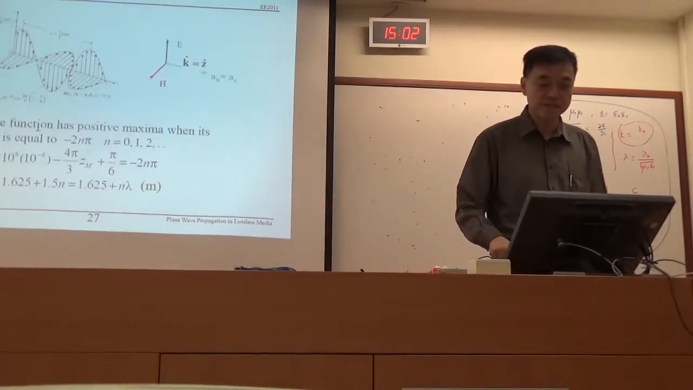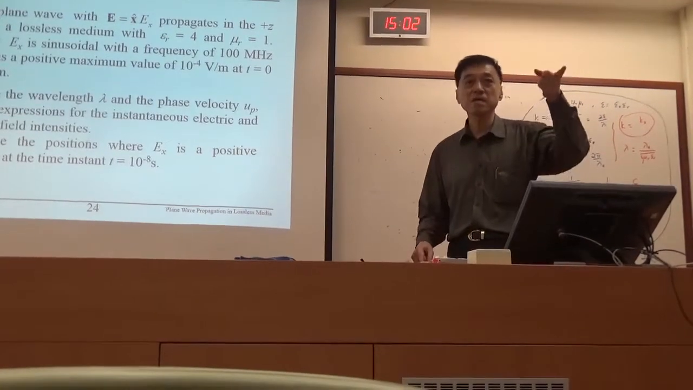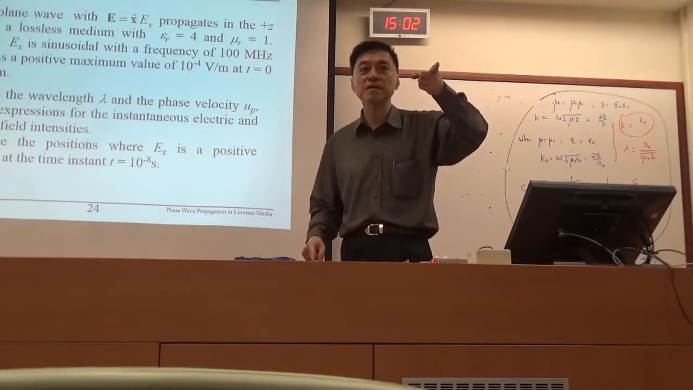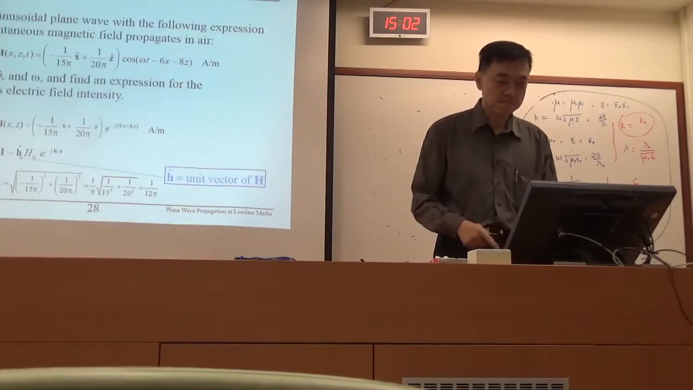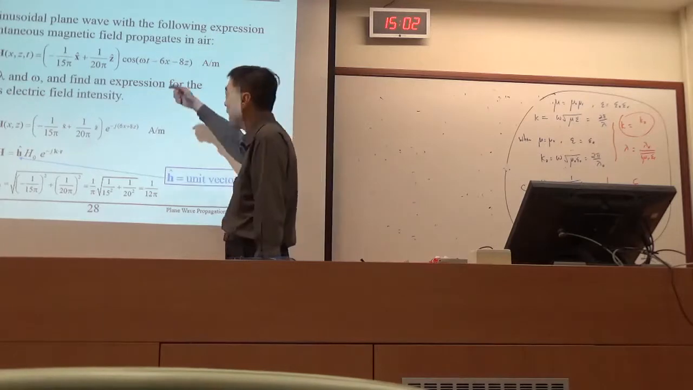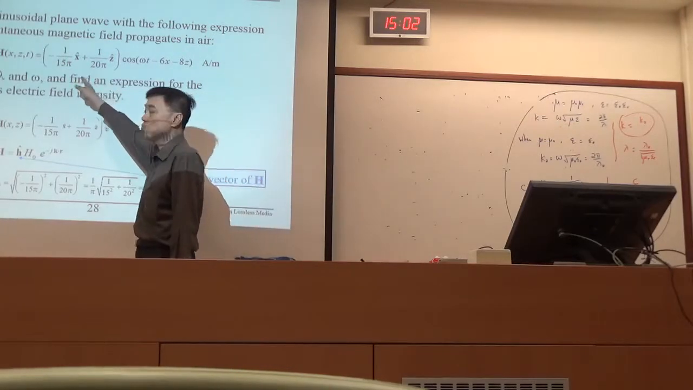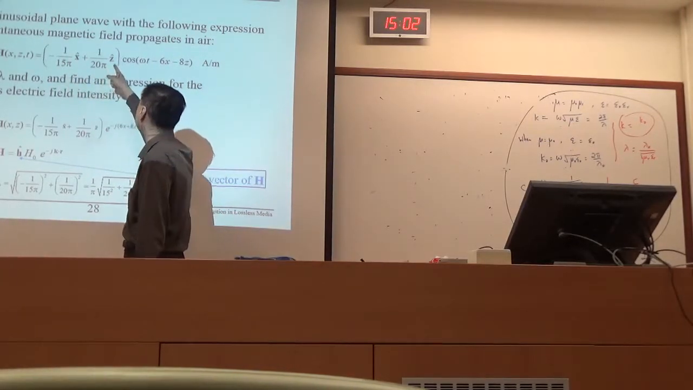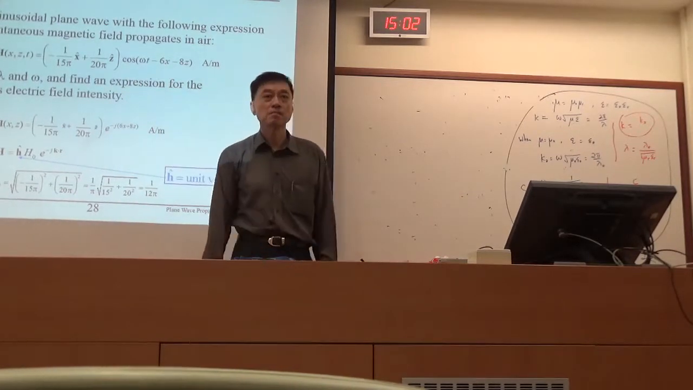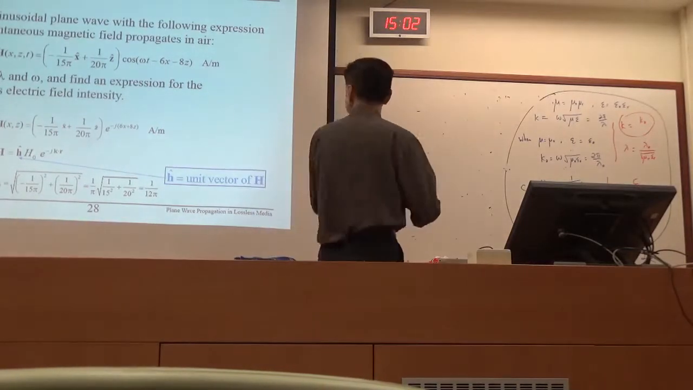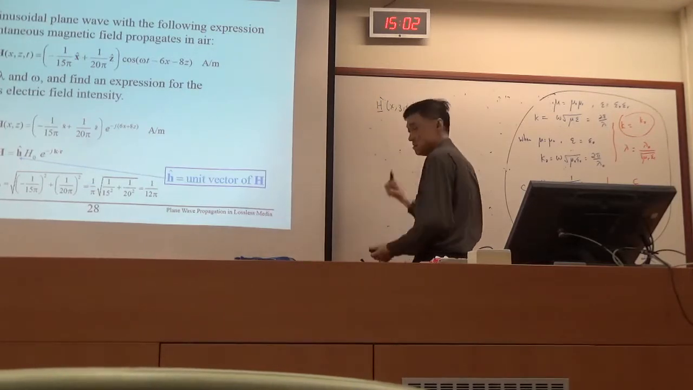Now let's look at the next example. The previous example is simple because E has only one component, E polarized in the X component only. Now the next example gives you H, but H has 2 components. One component is polarized in the X direction, one component is polarized in the Z direction. What does this mean? So now I have H(x, z, t)